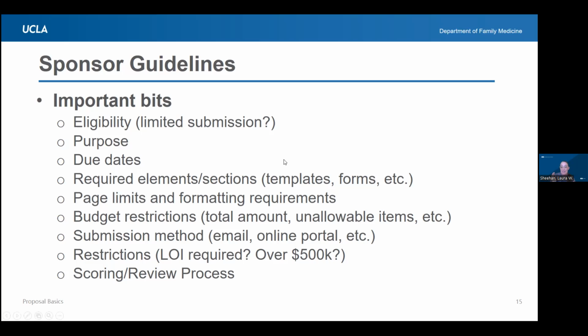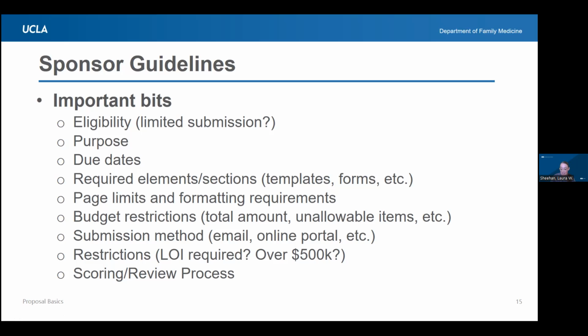So another thing you want to pay attention to with eligibility is limited submission. There is a restriction on some opportunities where they will say you are only allowed to apply, or we are only accepting one application per institute or two applications per institute, or some limit.